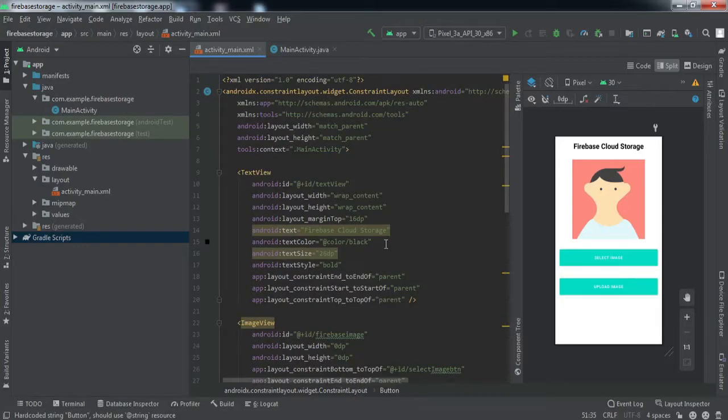So okay guys, we are done with the front end part. So basically we have one text view, one image view and two buttons to select the image and upload the image to the Firebase storage, right?